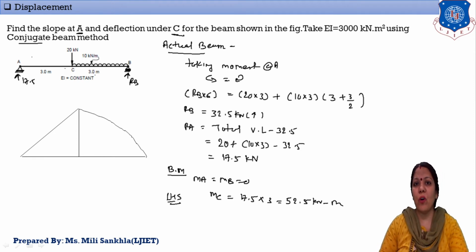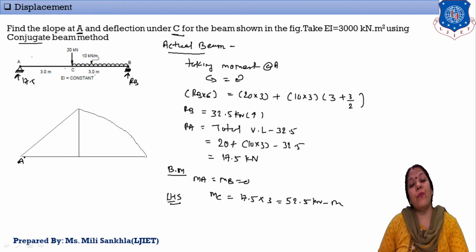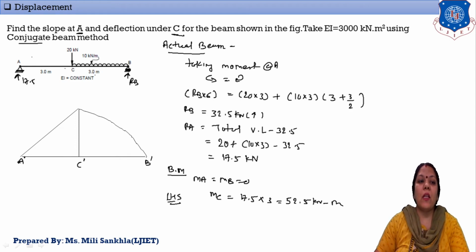Okay, now one by one we draw the diagram. Here I mention A point. Because I'm directly drawing a conjugate beam diagram, EI is constant here. If EI is not constant, then first I draw the M diagram and then I convert to M upon EI. This is our B point, and this middle point is C dash. Now the support condition for a hinge is a hinge and for a roller is a roller. Simply I note down here, this is our RA dash, because here we find out the new support reaction for the conjugate beam, and this support reaction is SF, and SF is the slope for our actual beam.